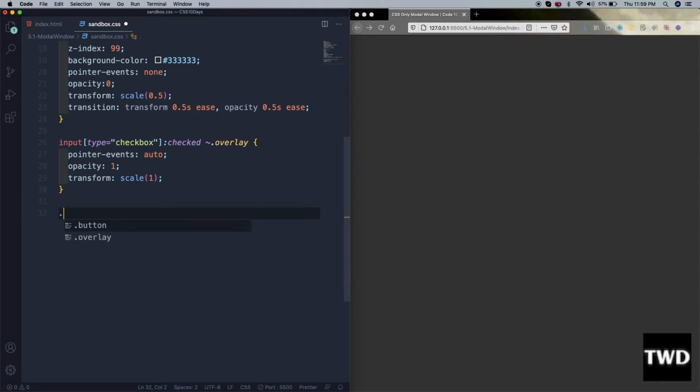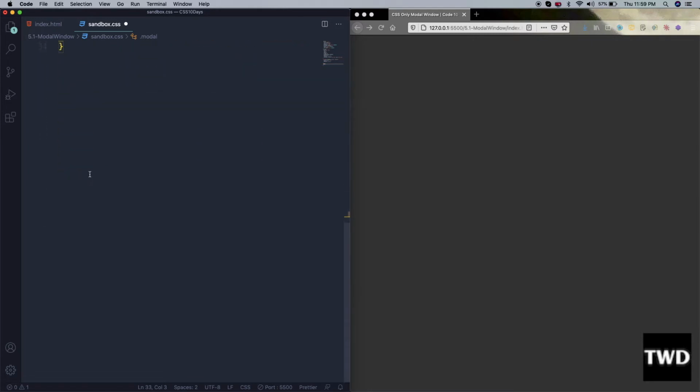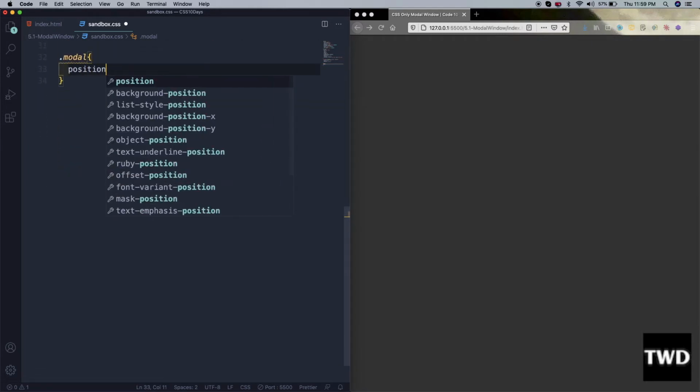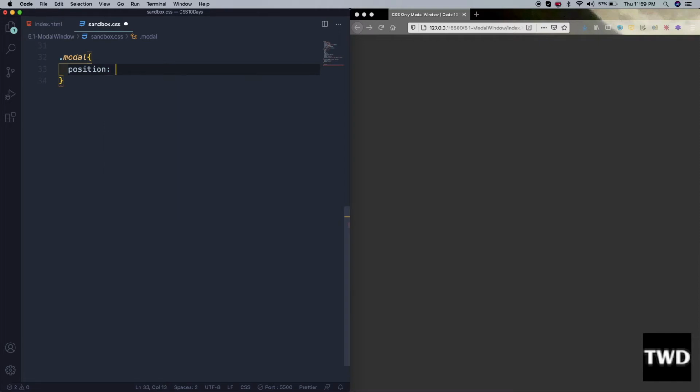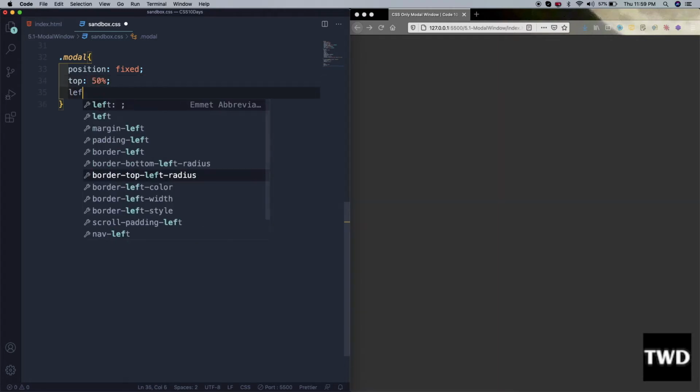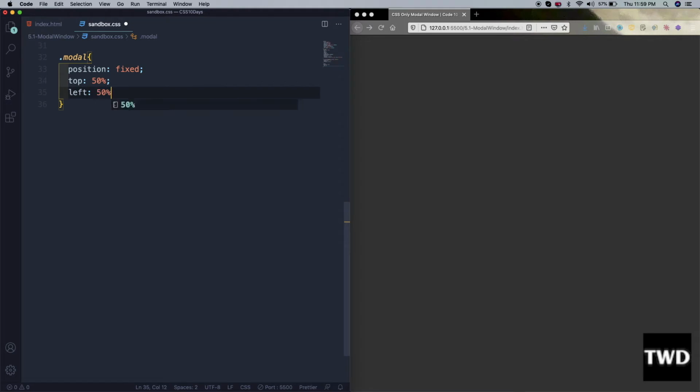So dot modal, we have some space, position is fixed, top is 50%, left is 50%, z-index is 100 because we want to show it,